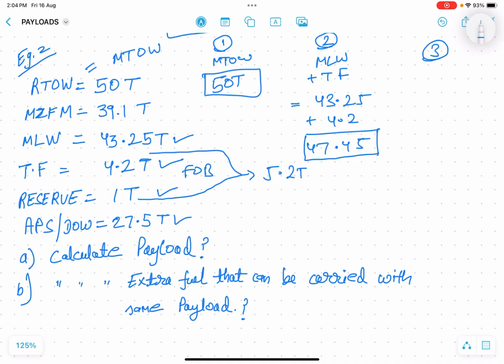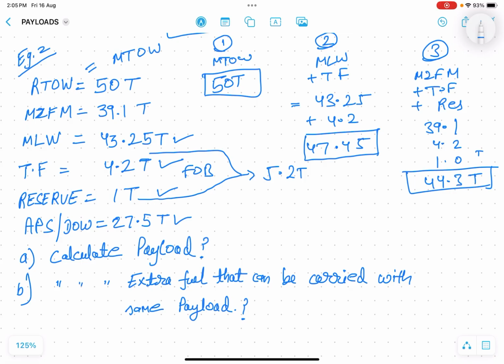And the third category is maximum zero fuel mass plus trip fuel plus reserve, it becomes 39.1 plus 4.2 plus 1 ton, becomes 44.3 tons. So now since we are calculating payload, we will take the minimum of these three, which is